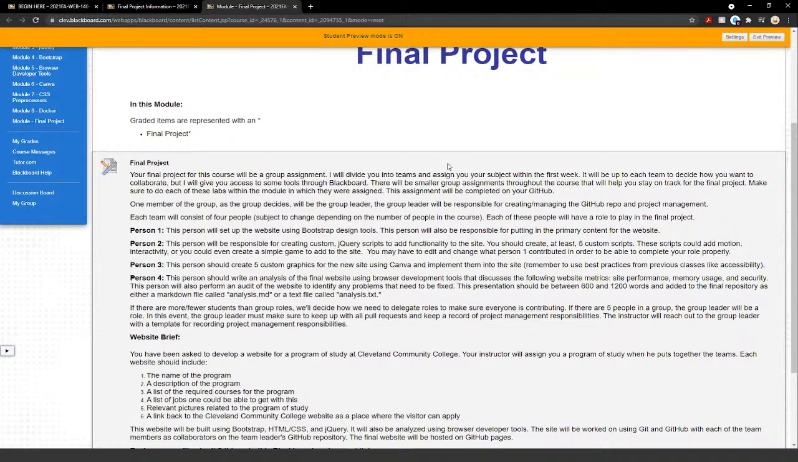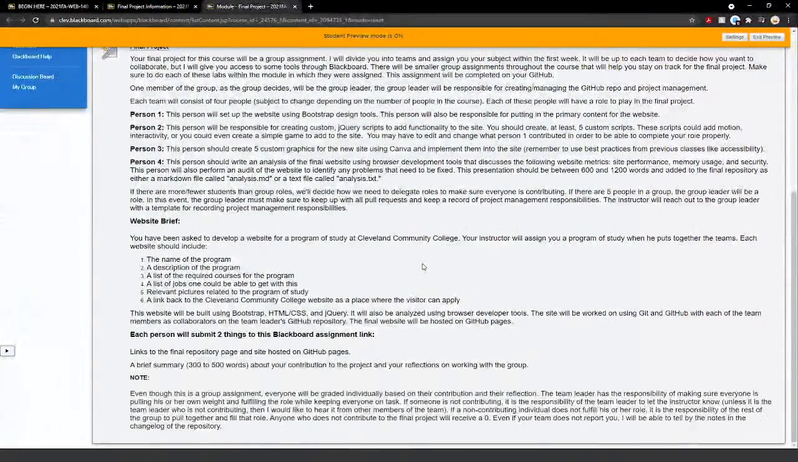But if we look at the website brief here, you've been asked to develop a website for a program of study at Cleveland Community College. In the past, I've given people like the cosmetology department. I think they've done electronics engineering before, just random departments. So I'll give you a program of study,